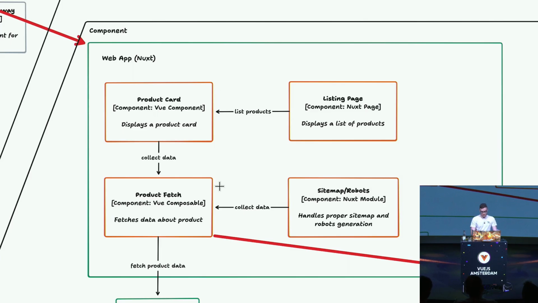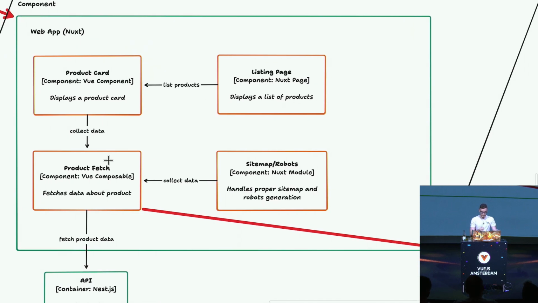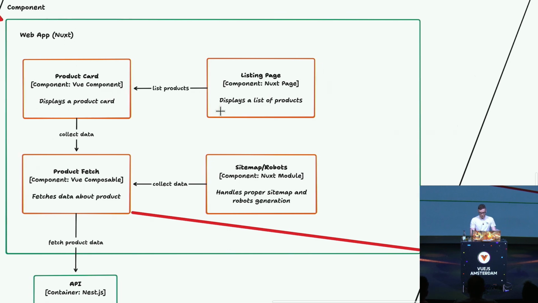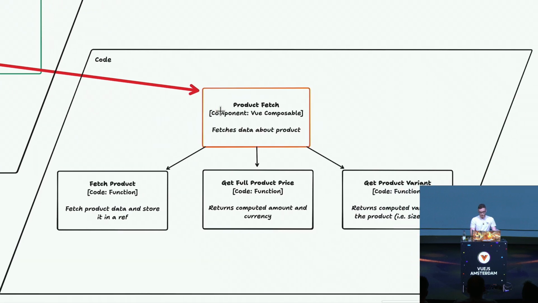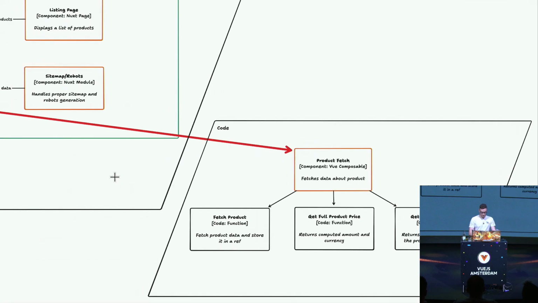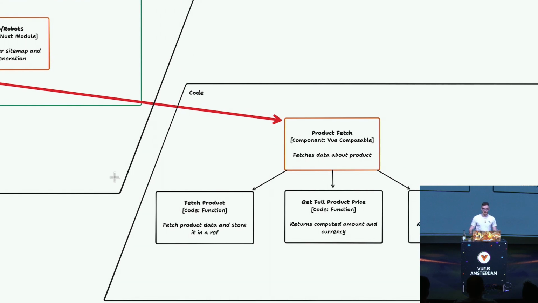And finally, there is the last level, for the code. In here, we can go deeper into a specific element of the component, and it's called code. And in here, we can see the product fetch. It could be a composable. And inside, we'll see that it has some functions for fetching the product, for getting full product price, or maybe getting a product variant. So the general rule of thumb here is that the code level shouldn't be that accurate